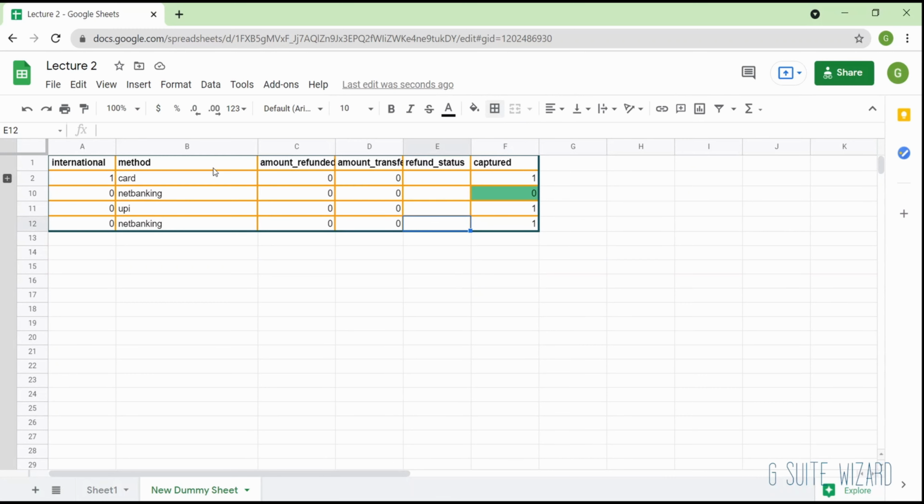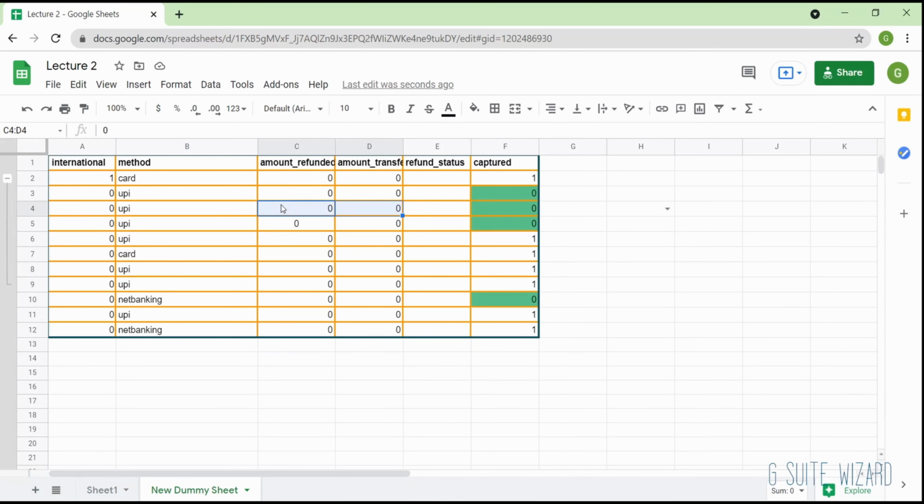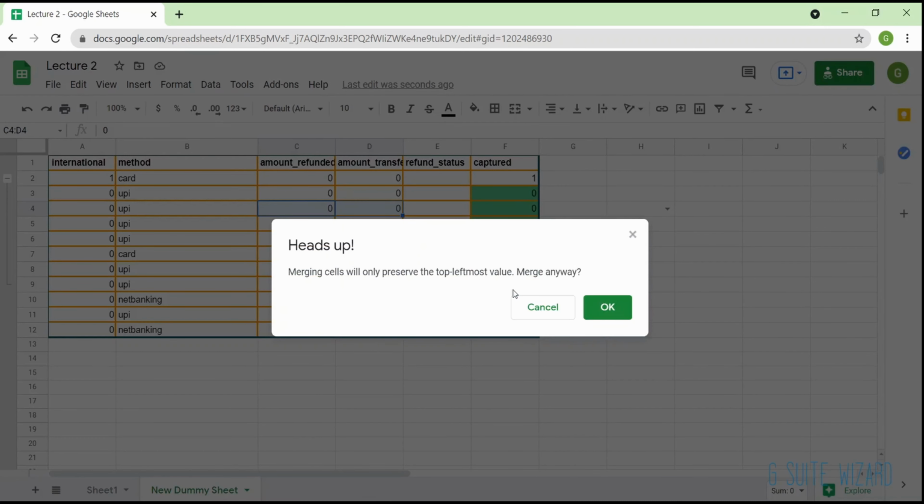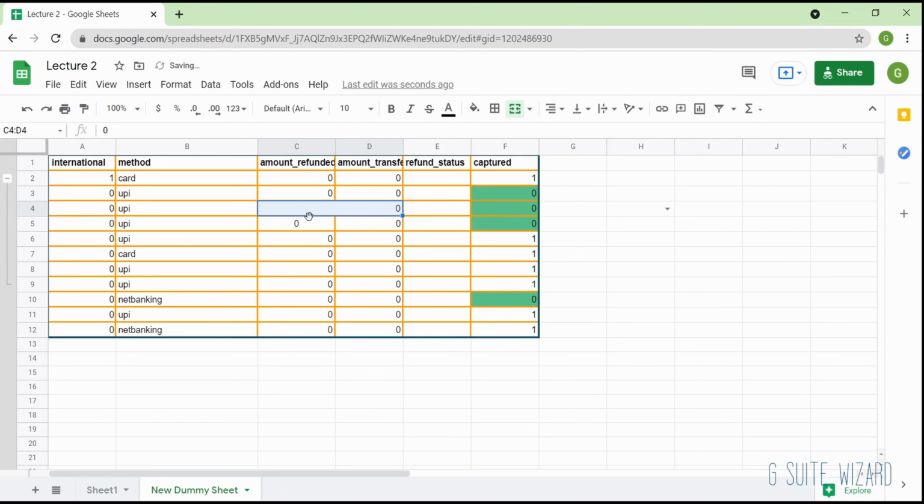Okay. Then we have a merge option. What merge does is it will merge two cells. I can merge two rows or two cells, and when I click on merge, it gets merged. But the other zero has vanished because in a cell only one data can be present, not two datas. See over here, it got merged into one cell. So that is how merge works.